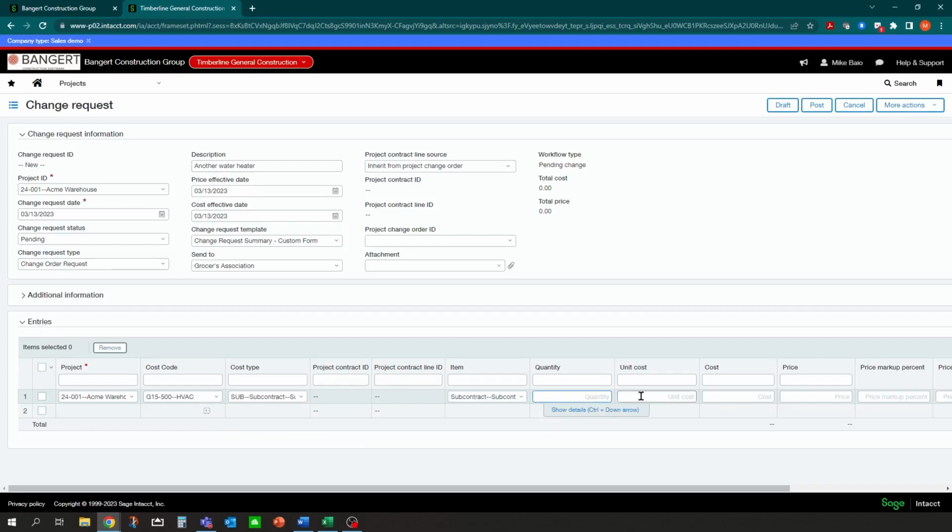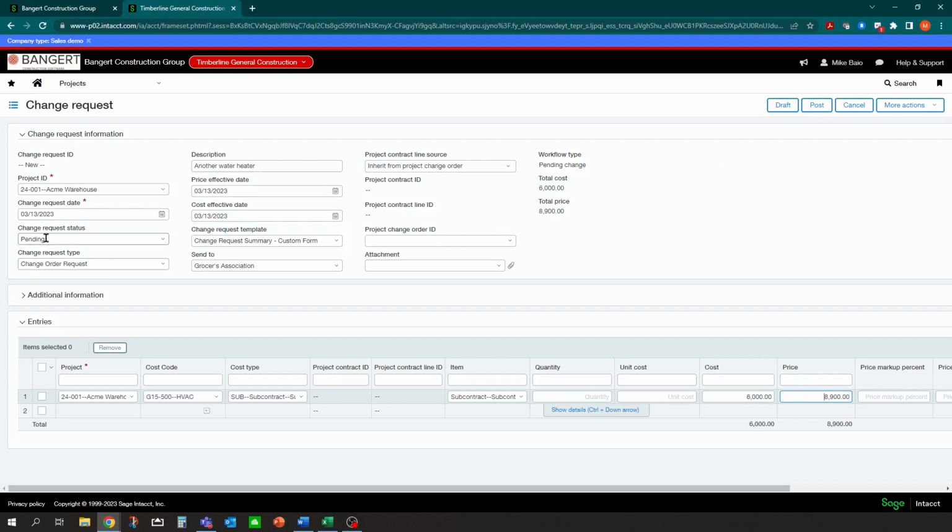And again, you can put quantities in or not. I'm just going to skip it and put a cost in here. And we'll say the cost is $6,000, I believe is what we said. And we're going to quote them $8,900. You can apply markup percentages to it. In this case, we're just going to key in a value for our price, a value for our cost, and click post to save it. It really should be save here, not post, but it says post.